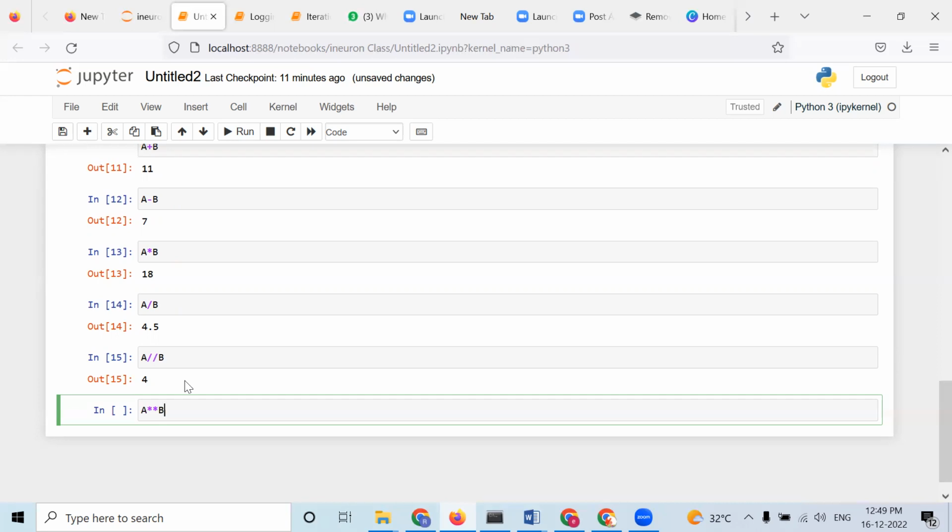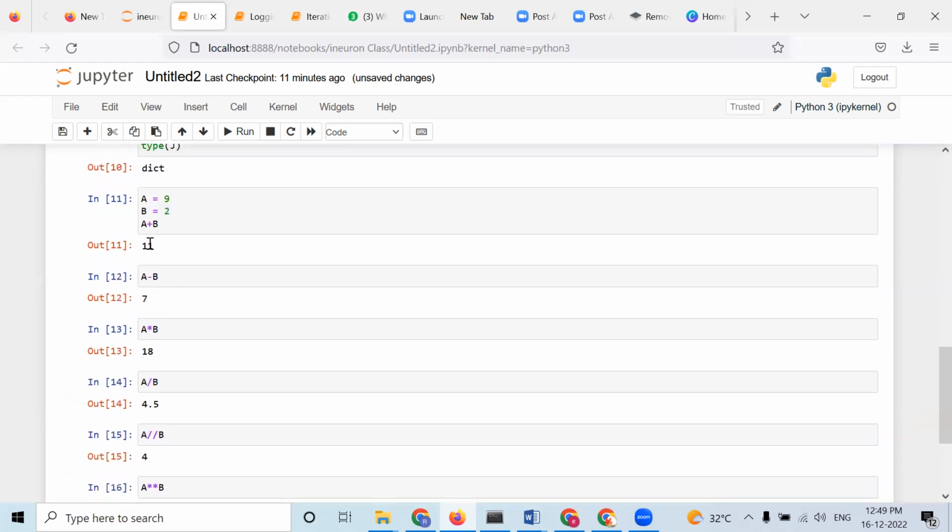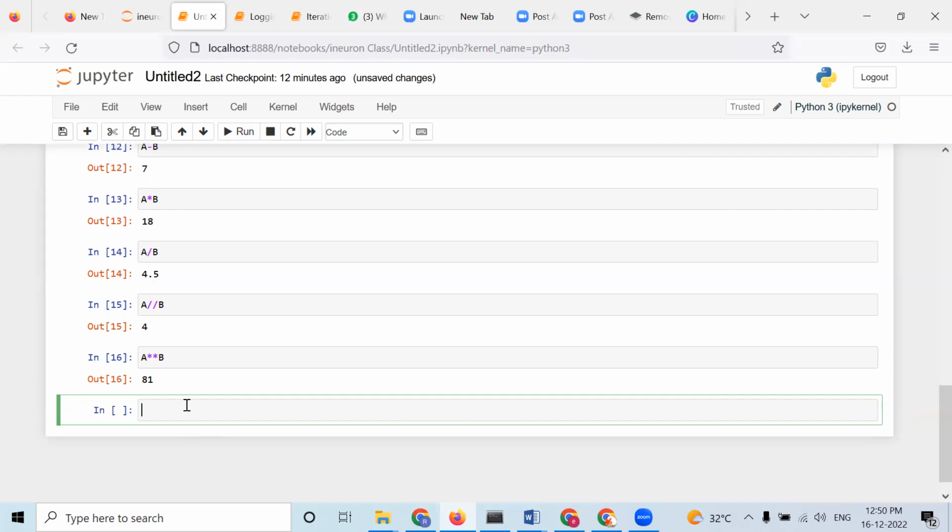A star star b, any idea? No, ma'am. It is actually exponential, 9 to the power 2, like that. Okay. 9 to the power 2. Okay. Yeah. So that is regarding the multiplication. And now the thing is that,